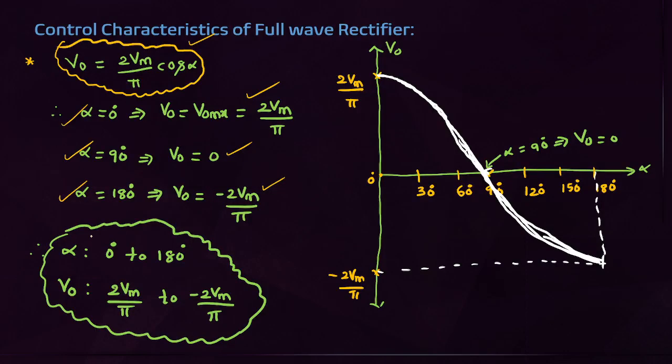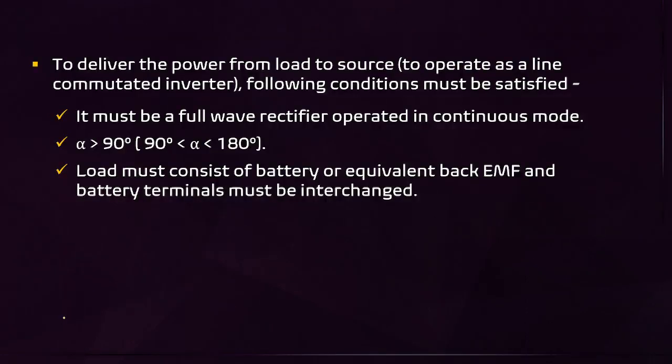That is, if we control the firing angle from 0 degrees to 180 degrees, the average output voltage is controlled from 2 Vm by pi to minus 2 Vm by pi. That is, the output voltage is controlled from positive to negative. This is the control characteristic of a single phase full wave rectifier, maybe midpoint type or bridge rectifier. Now, I told already, for alpha greater than 90 degrees, power is delivered from load to